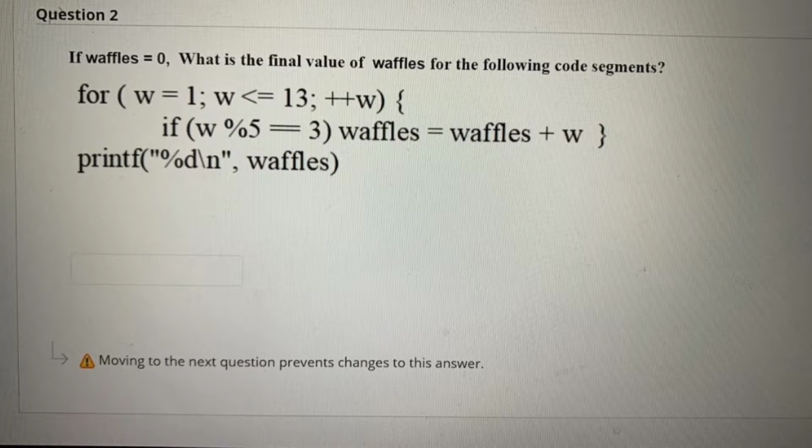So the first question is, if waffles is equal to 0, what is the final value of waffles for the following code segment? This is the code segment: for W equals 1, W less than 13, increment W. If W mod 5 is equal to 3, waffles equals waffles plus W. Printf waffles. So if the value of W is equal to 1 or is less than or equal to 13, then